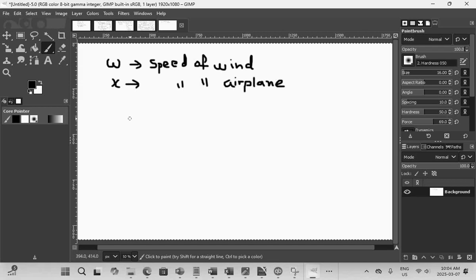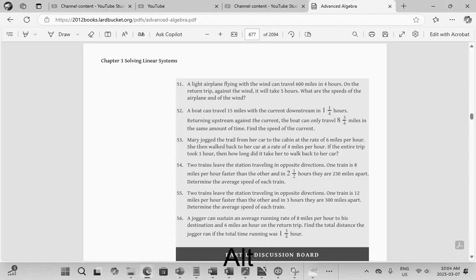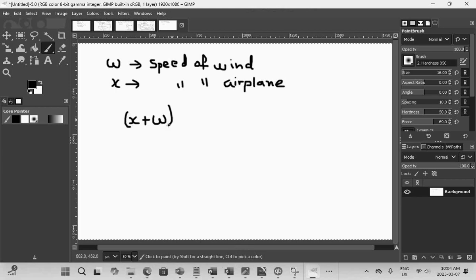So X, the speed of the airplane, plus the speed of the wind, all into 4 hours,